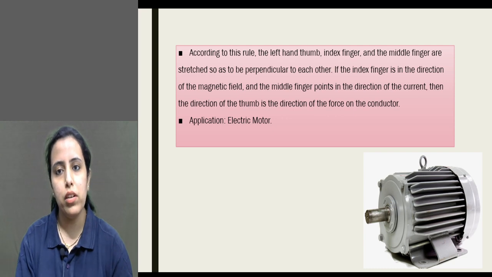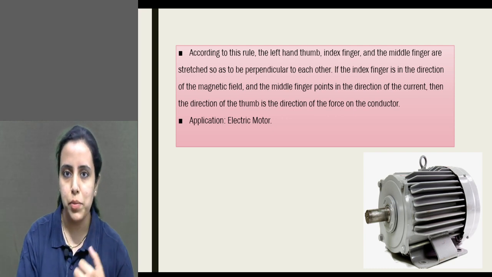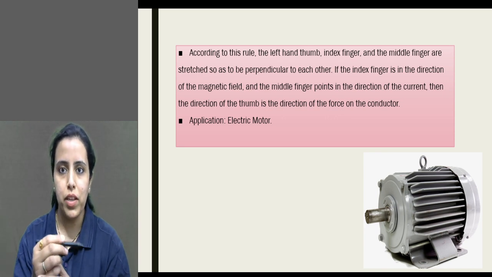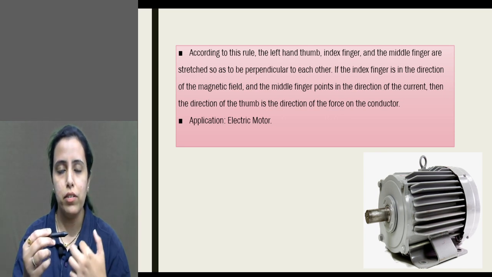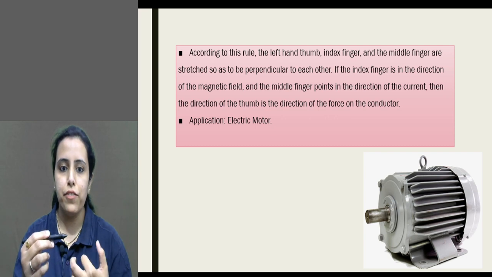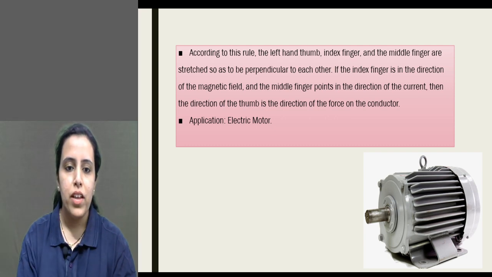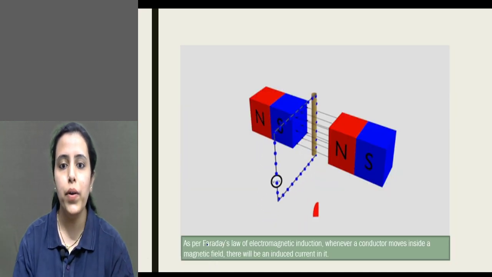The electric motor works the same way as we have already explained. The conductor is coming in between the magnets, in the region of the magnetic field, and because of that a force is applied on the conductor. Right, moving on to the next part, we'll be discussing